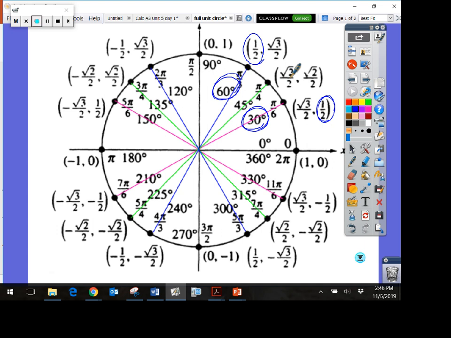Think of 45. 45 and 45 are complements. Complement means they add up to 90 degrees. The cosine of 45 and the sine of 45 are equal. We could take the cosine of 1 degree, and that's going to equal the sine of 89 degrees. So what that looks like on a proof, if you want to use it,